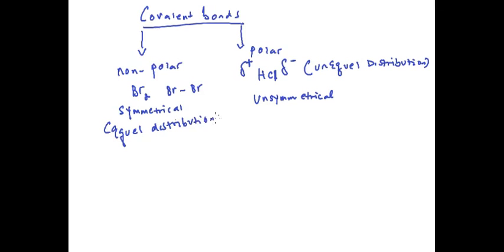Okay, so equal distributions of electrons create non-polar bonds because the electrons are the same. You can have a symmetrical distribution of electrons, and an unequal distribution of electrons would create a polar covalent bond. That's where polar and non-polar comes from. Actually, where does that idea come from? That idea comes from something called